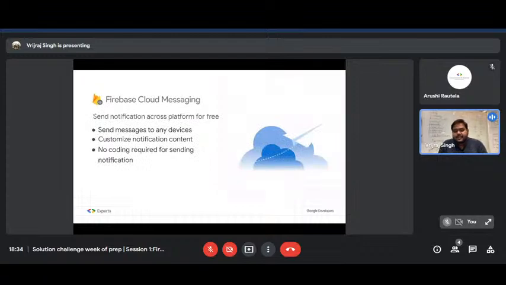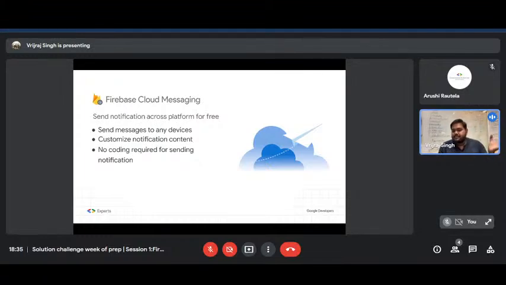The next part is, let's say you have created a website where a user can register, navigate to the dashboard, and then sign up for push notifications. Let's say we have an admin panel. We can write a text message and then send a push notification to the user group who have subscribed to push notifications. Here we can use Firebase Cloud Messaging. It's a free service, and there will be no coding required.